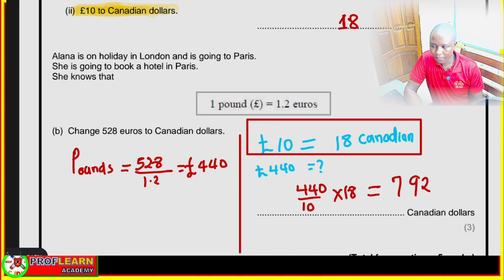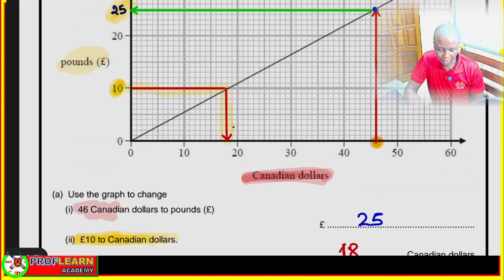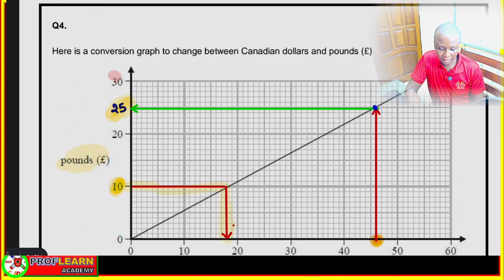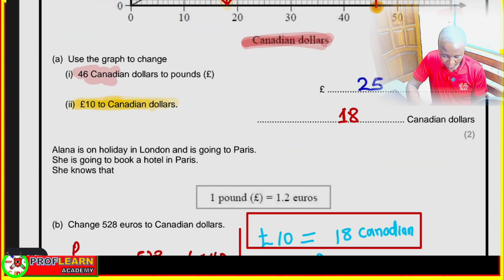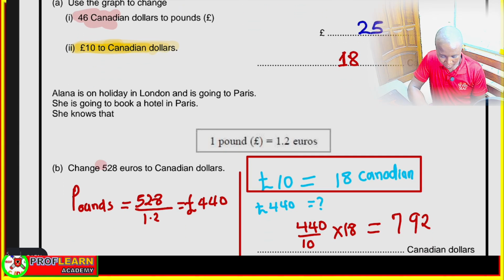Now, another question that will appear also under this particular graph is given a value that is really out of the values that we already have here. So the number is so large. So for instance, you can see here, we cannot read 528 euros